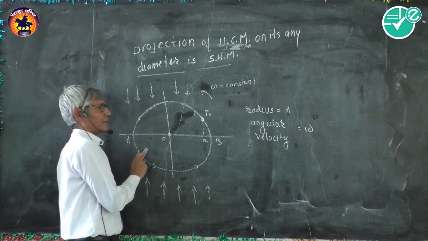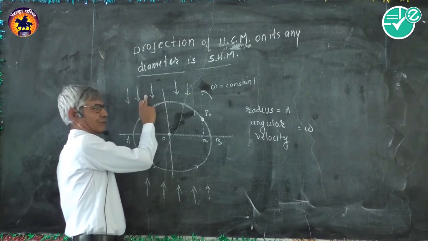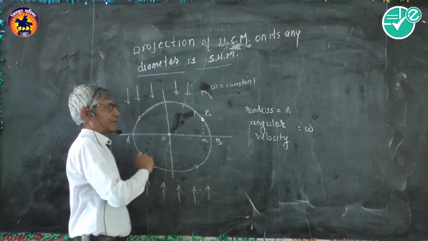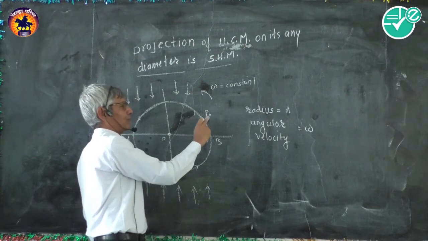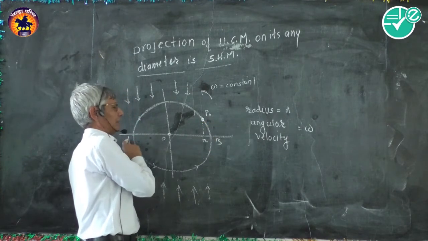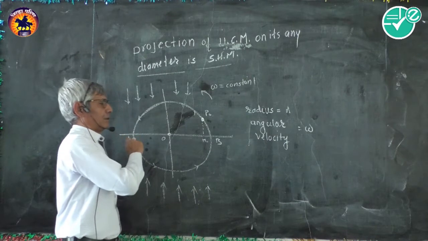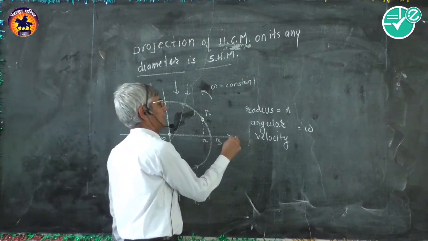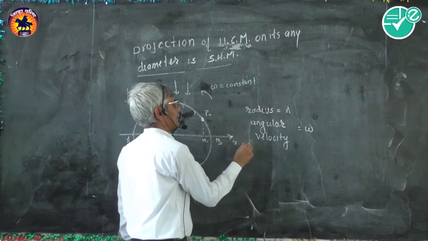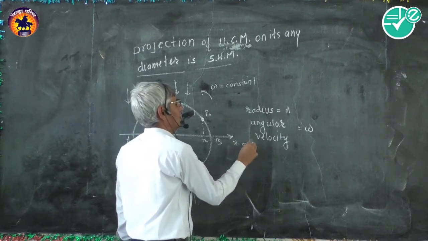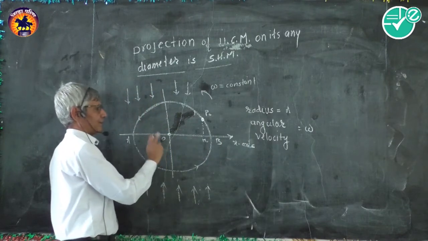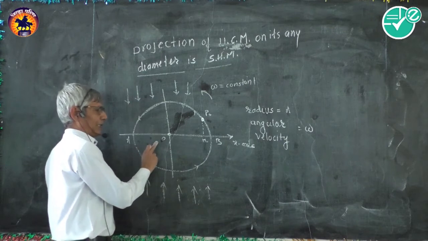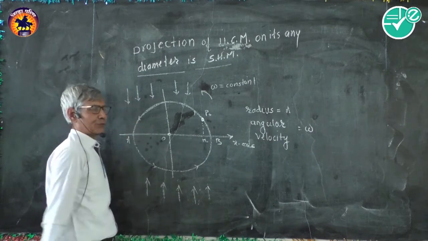Now suppose that a light is thrown from the upper side and lower side, so that the projection of the particle will be on the diameter AB of the circle, which is supposed to be coinciding with the x-axis of the selected coordinate system. O is the origin. The displacement of the particle will be measured from this mean position O.